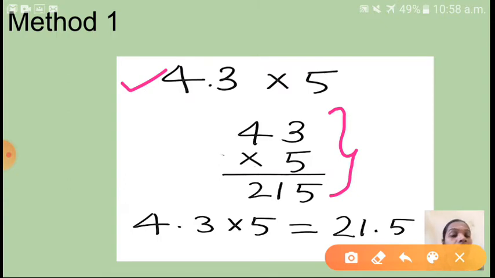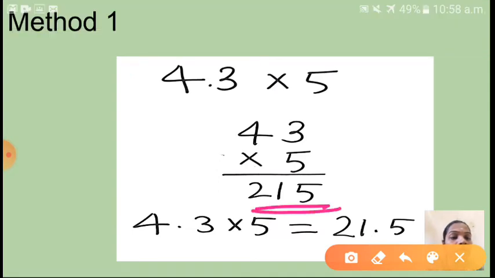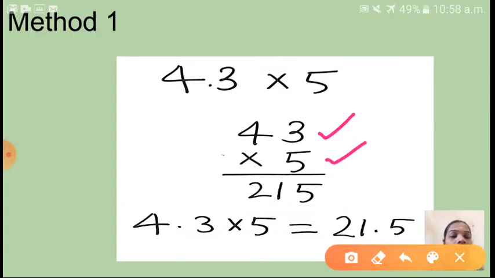See here, children, 43 and 5 you have to multiply. I multiplied and wrote this. After the multiplication, I got this answer, 215. I hope you can do this multiplication. So the final answer is 215. Here, first step: this is your question, so in this multiplication I removed the decimal point. So 43 into 5, your answer you will get 215.